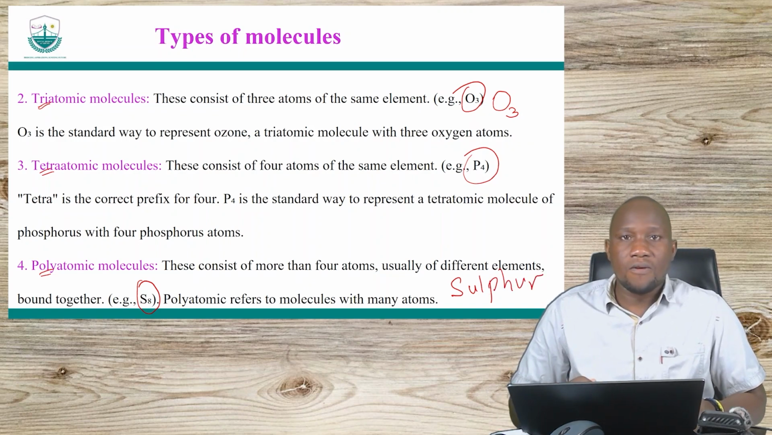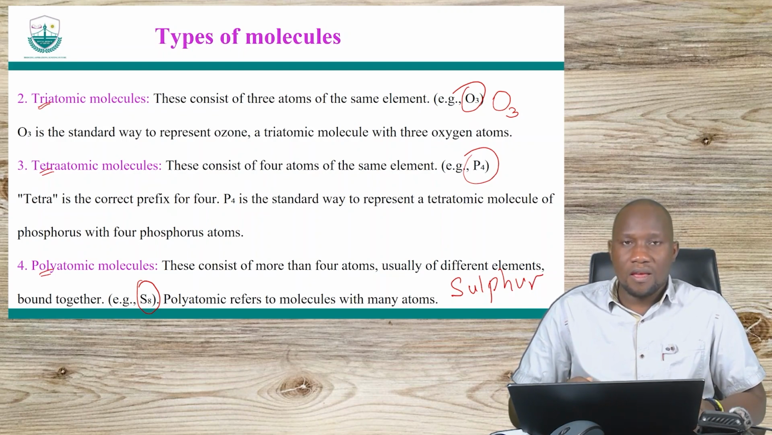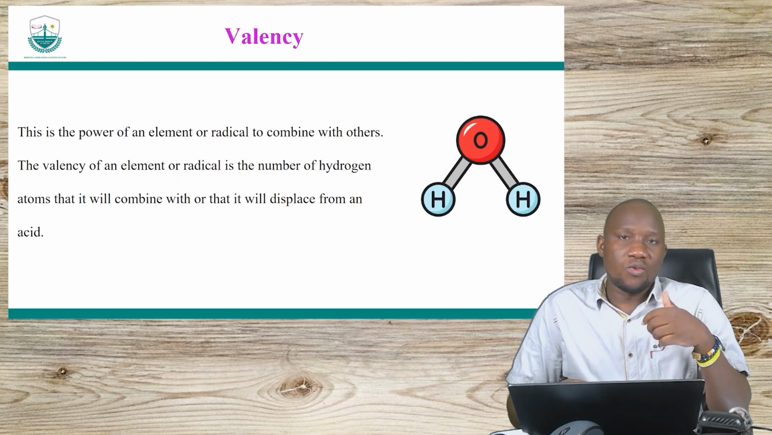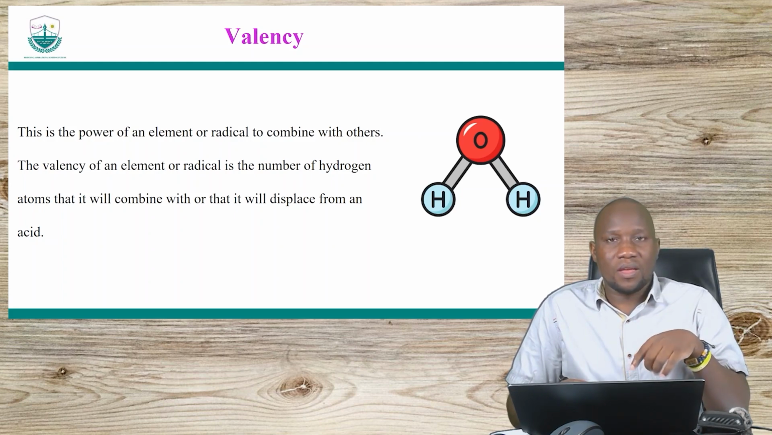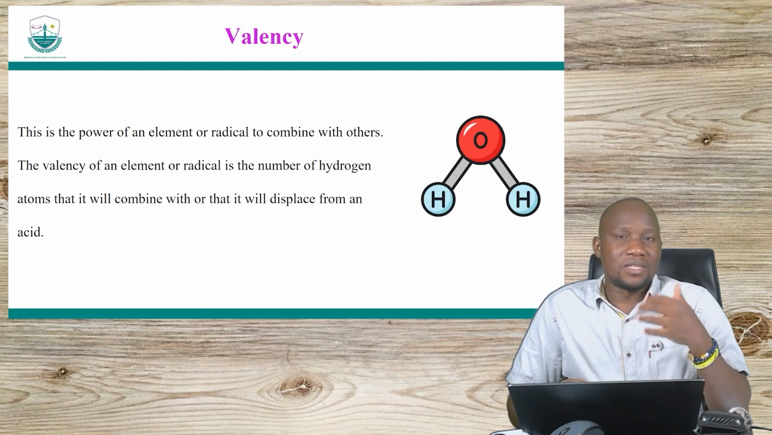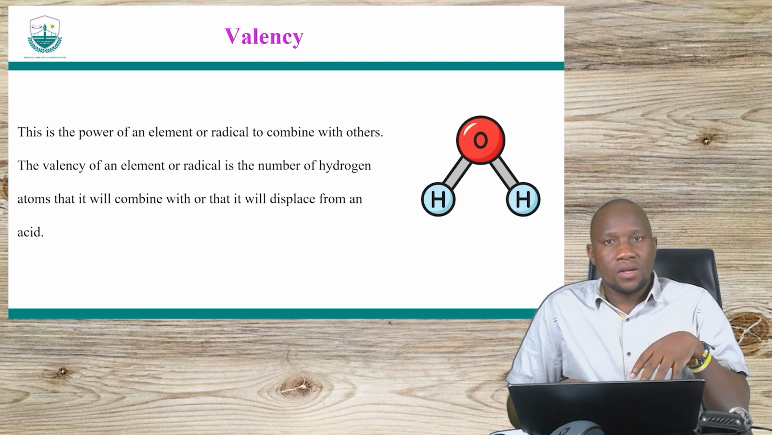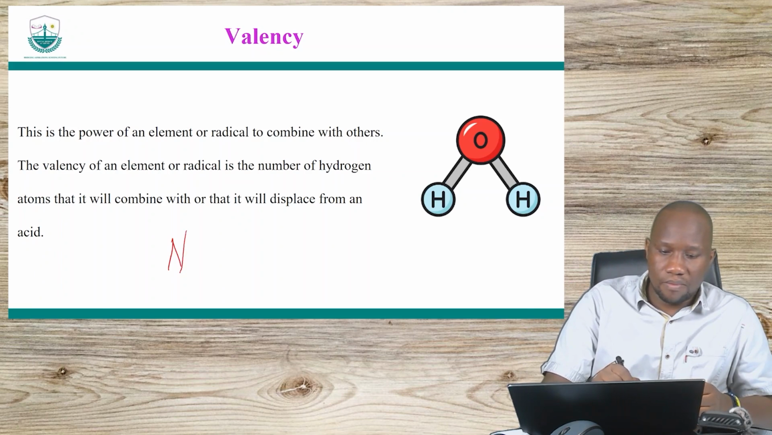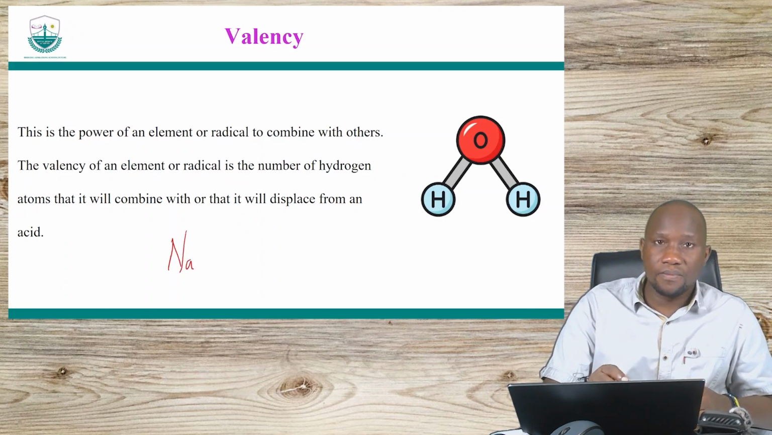That is 8 atoms of sulfur combined together to exist as a polyatomic molecule. Let's look at what we call valence. Valence refers to the power of an element or a radical to combine with other elements, that is, with other radicals. So look at it this way: when you have sodium, that's the symbol for sodium,